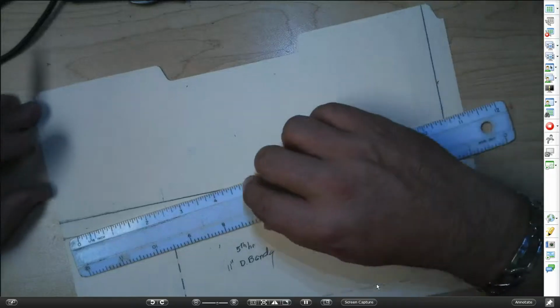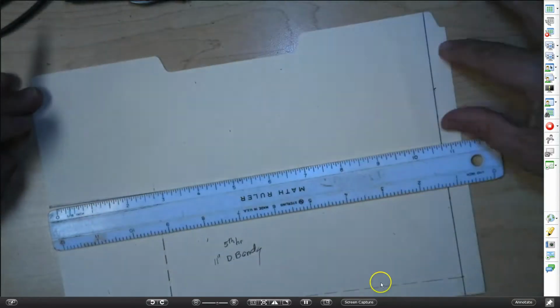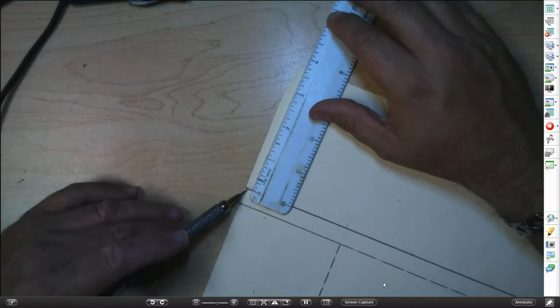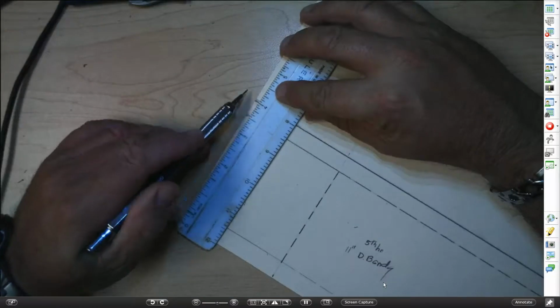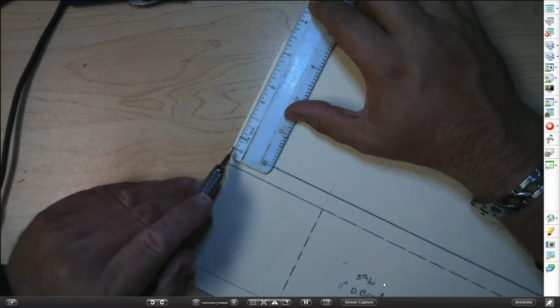No, anyway, okay. So we're going to go ahead and lay out the two fins and the air scoop. And we're going to do that across this section right here, on this side of the page, where we just drew the 4-inch line. Remember we measured up 4 inches here, we made a mark, and we drew a line across there. Now we're going to come back to that same line, lay the 0 right over to the top of that line,